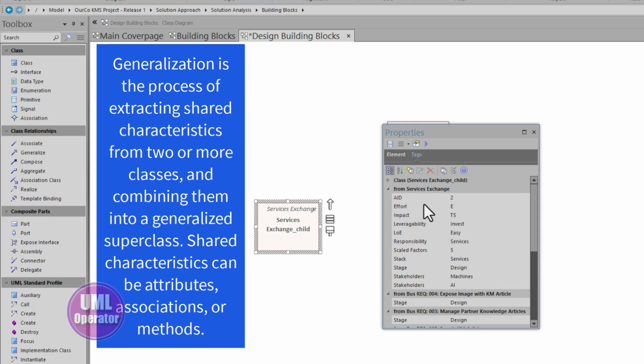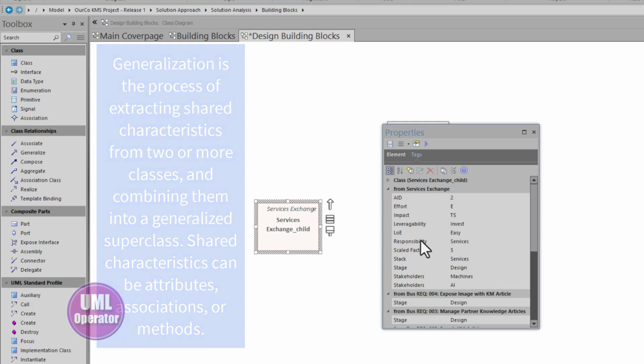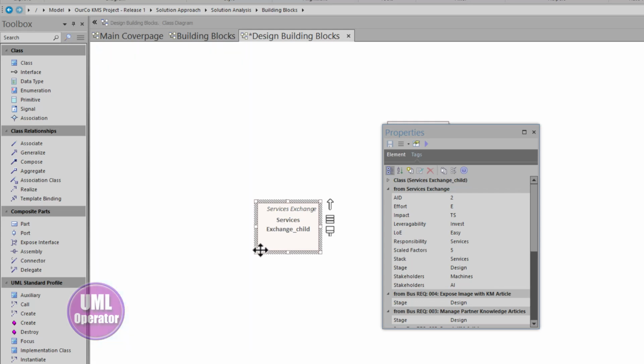We're looking at the tagged values that the solution architect added to these elements. And you can see here that in the upper right-hand corner is the name of the superclass. In other words, the class we brought in for this class element, which is generalized, and by default has child